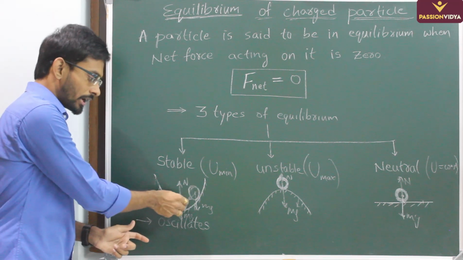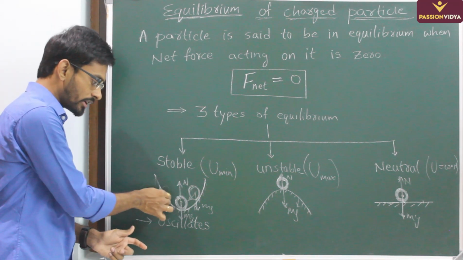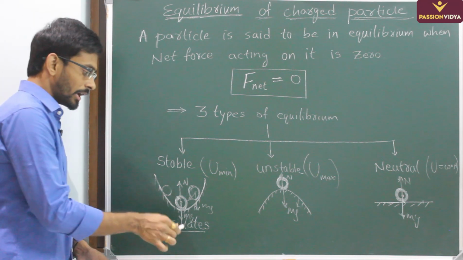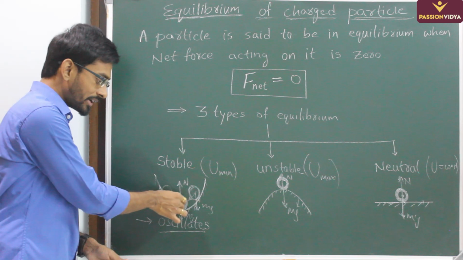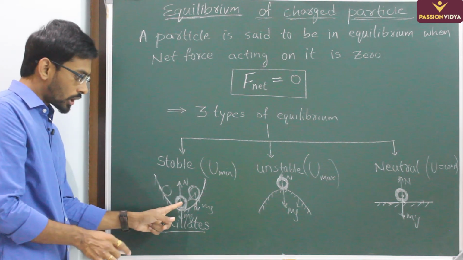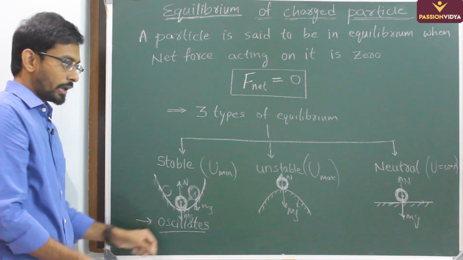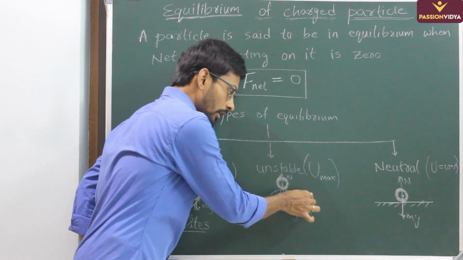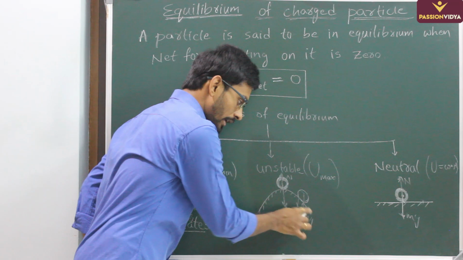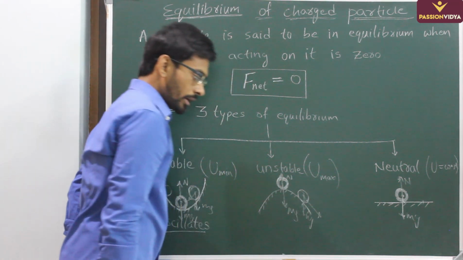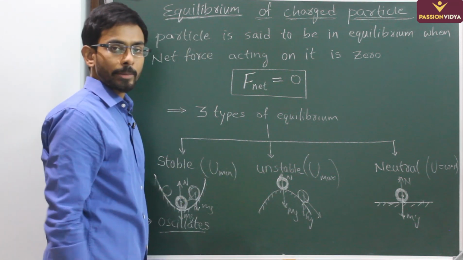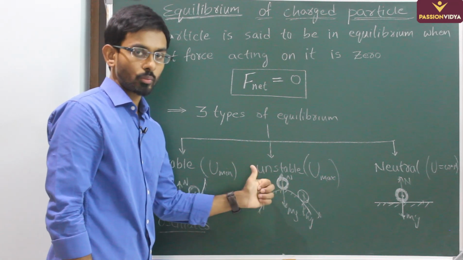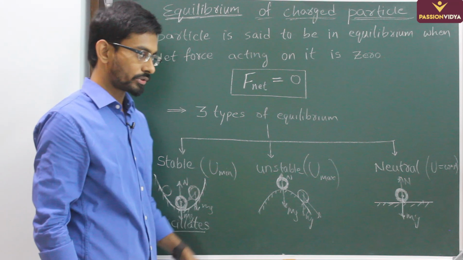So when it comes here, it will gain some velocity. Due to that, it will move here, and so it will start oscillating. But it is clearly visible that it is more stable here. It wants to come back to this position when you disturb it. In this case, when you disturb this particle a little bit, mg will be downwards here, and due to this component, it moves away from the equilibrium. So it clearly represents that the particle is not stable here. It wants to move away from this equilibrium position.